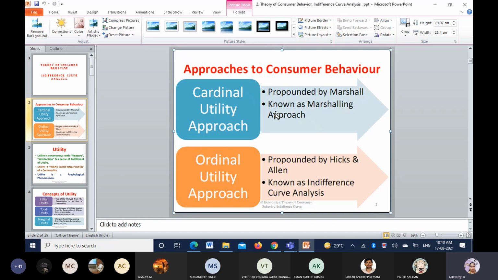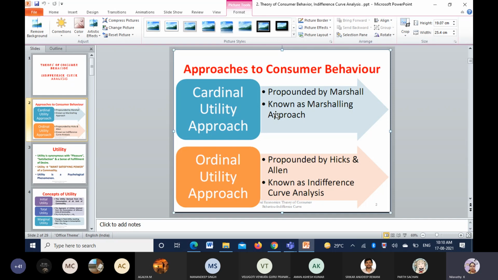Ordinal utility approach is not a number. I cannot say 20 utils, 30 kg, 20 liters. Likewise, there is no measurement in ordinal utility. Why is this? Because in economics, there are certain things where we tell our preferences, and based on the preferences we can rank them. Ranking is very much possible in economic concepts. So wherever ranking is done, wherever people's preferences are analyzed, there we can use this ordinal utility